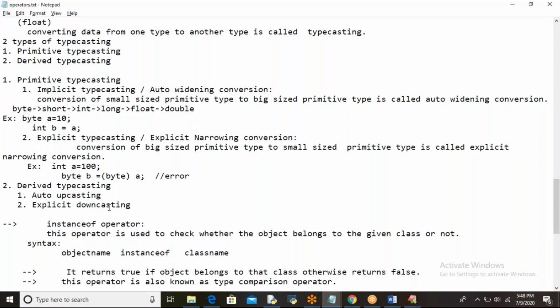This auto upcasting mechanism and explicit downcasting mechanism, we'll see in the inheritance concept. Implicit typecasting means here we are trying to store a small type of data into a bigger data type. That is done automatically by Java. Short to int or int to long, automatically.